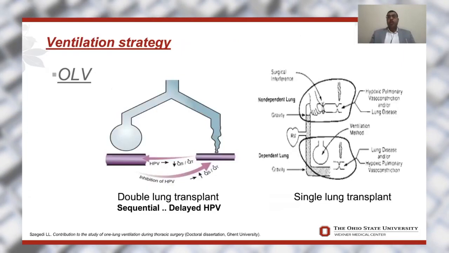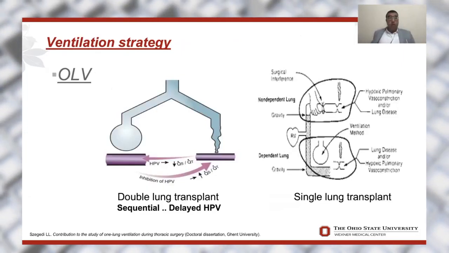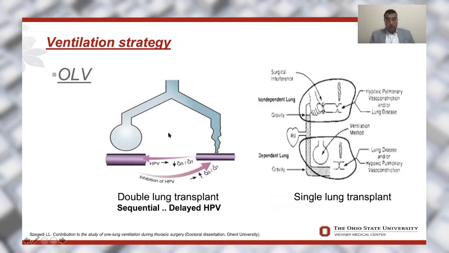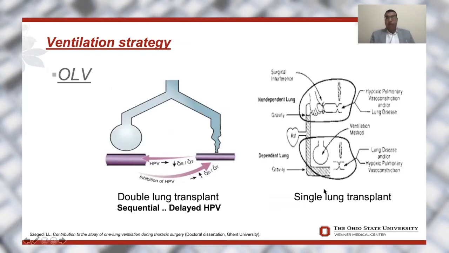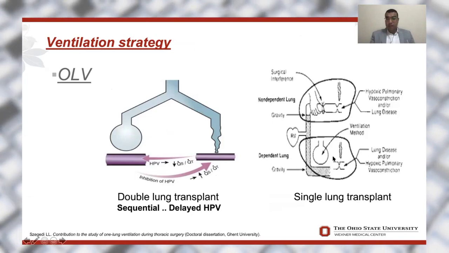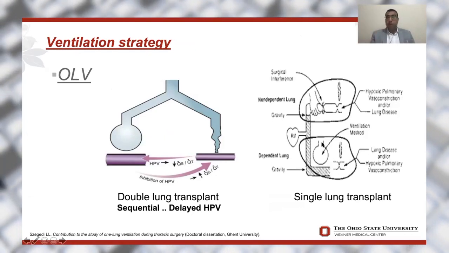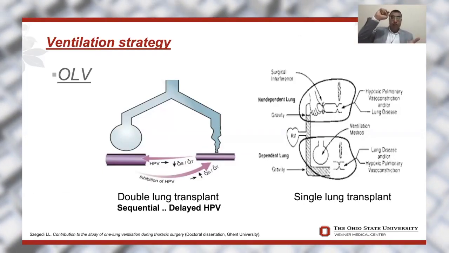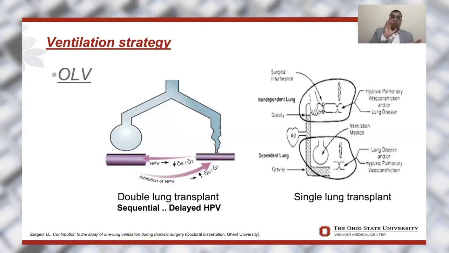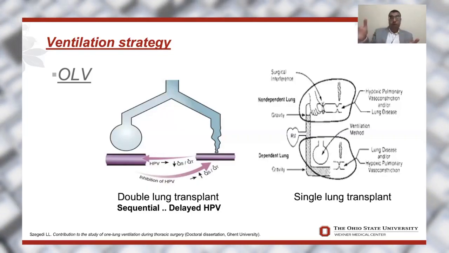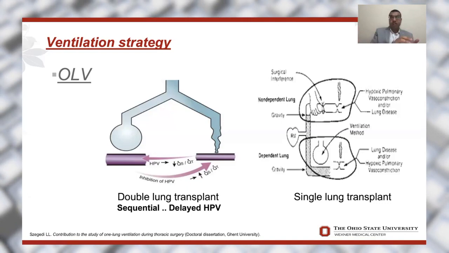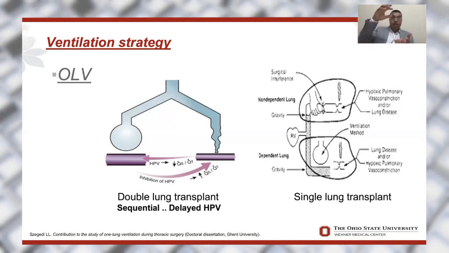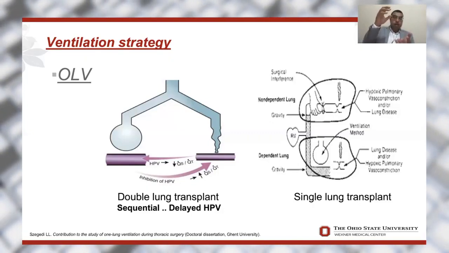About the ventilation strategy, I said we use what's called one lung ventilation, either in single lung transplant or sequential lung ventilation in the double lung transplant. In the single lung transplant, the physiology is very awesome. Why? Because it's a lateral decubitus. So the dependent lung is the native lung, not the operative lung. The dependent lung, by gravity, is well perfused. By your ventilatory management, it's well ventilated. The best matching. The upper or non-dependent lung is the operative lung.